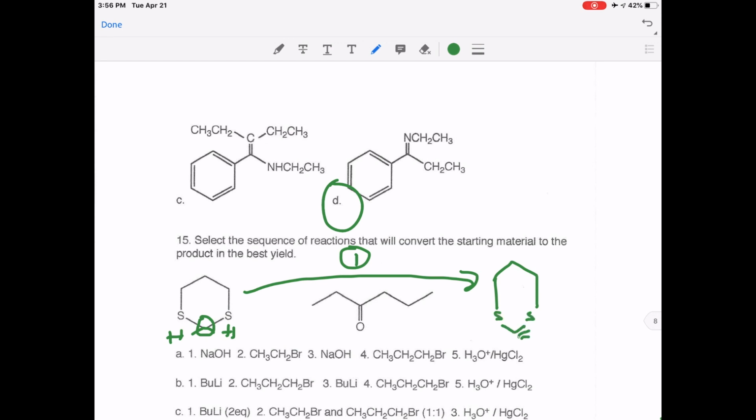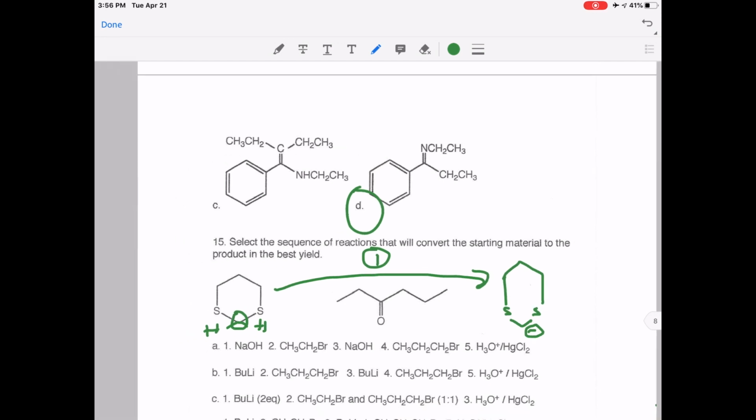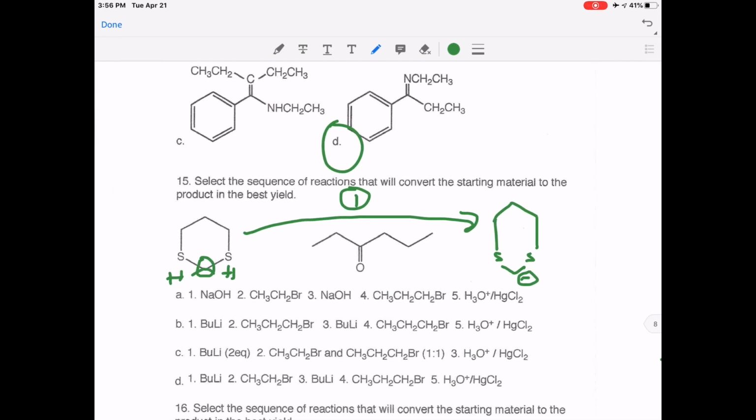We have a negative charge on this carbon, and so if we use an alkyl halide, we can attach one of our desired alkyl groups, so the ethyl group or the propyl group. I'm going to start off with the ethyl group,